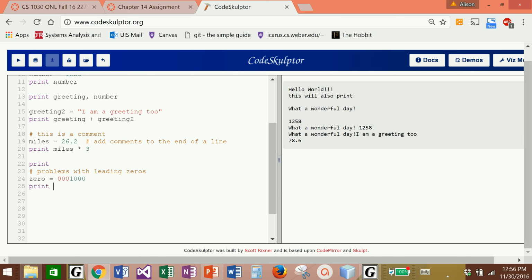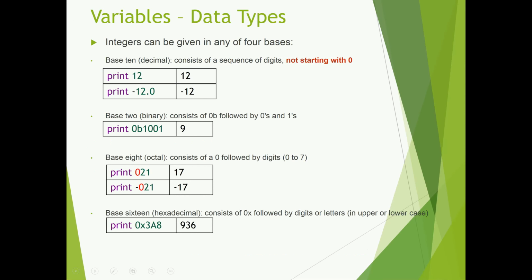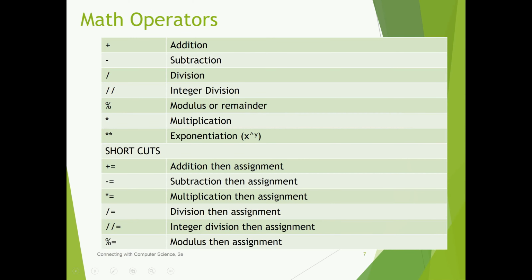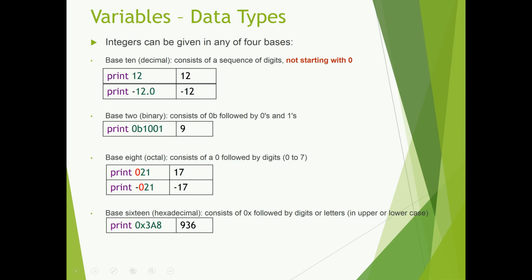And then I'm going to print that variable. What do you expect that it would print? Well, from everything I see, I expect it to print 0001000, but it doesn't. It prints 512. If you'll notice, the three leading zeros are red. That's because if we go back to the presentation, which, by the way, you have access to in your Canvas module, you're going to notice that if it starts with a leading 0, then it is actually an octal number. So what it is displaying to me is that 1000 in decimal is actually